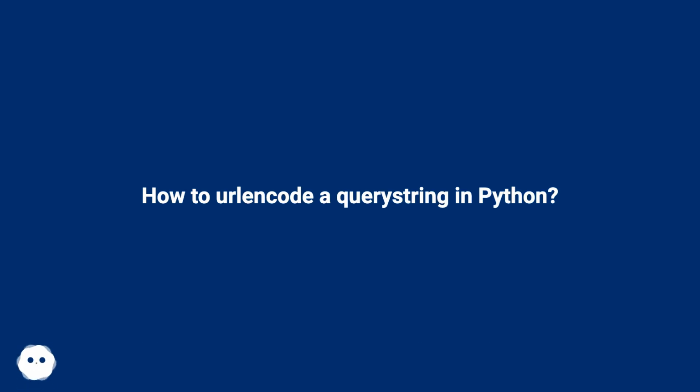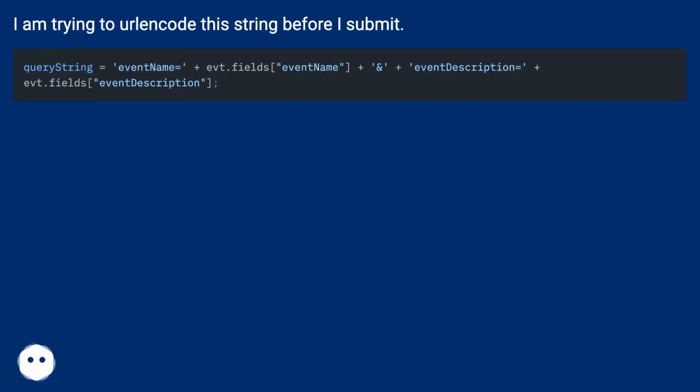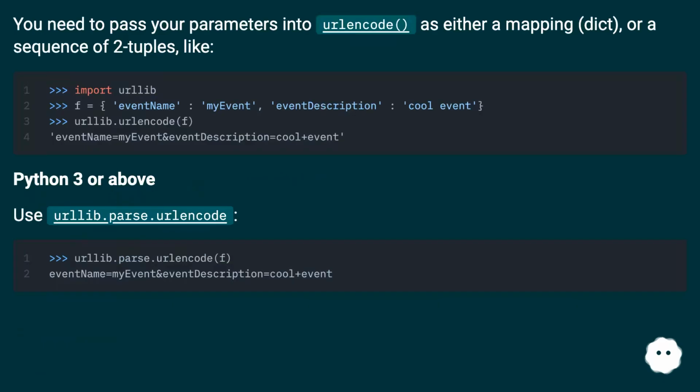How to urlencode a query string in Python. I am trying to urlencode this string before I submit. You need to pass your parameters into urlencode as either a mapping, dict, or a sequence of two-tuples, like